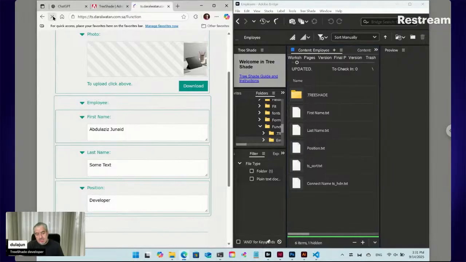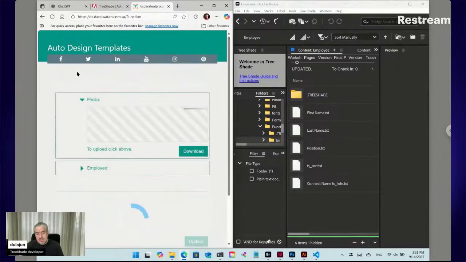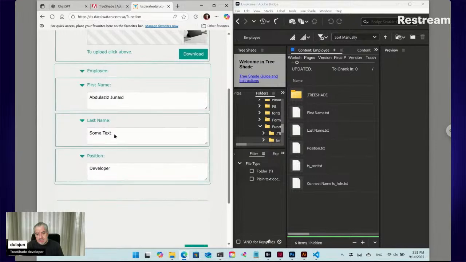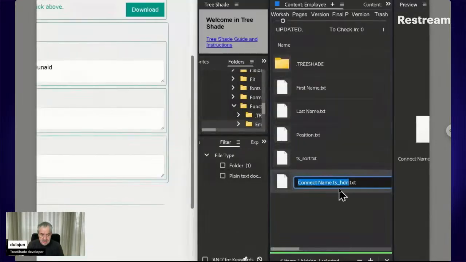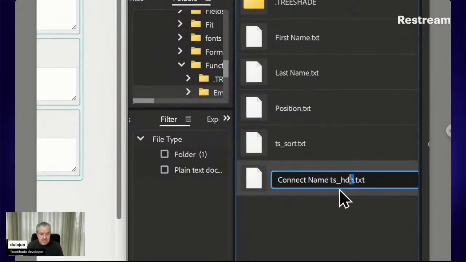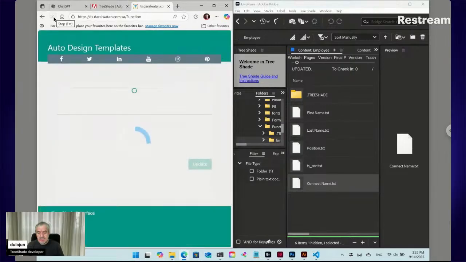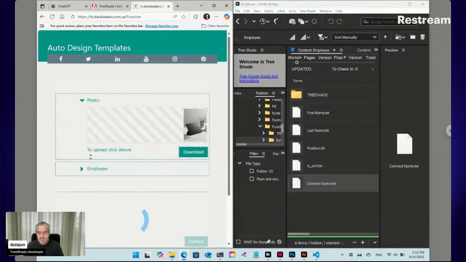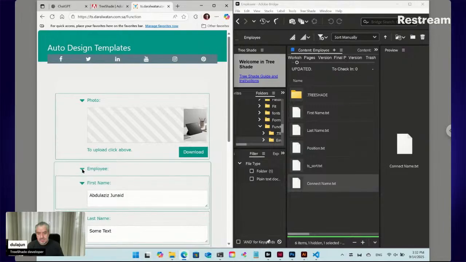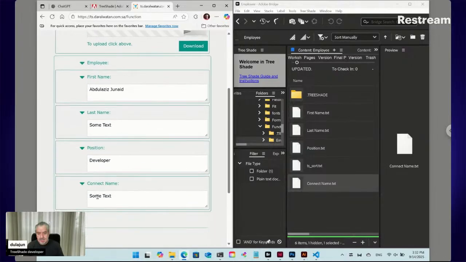Like here, connect name will not be displayed here because it has here TS underscore HDN hidden. But if we remove this and refresh again, connect name displayed here,